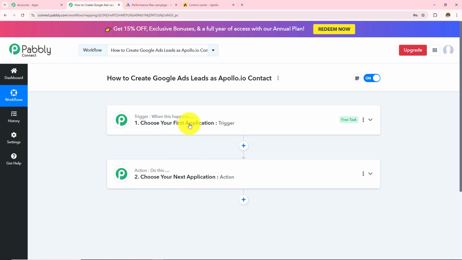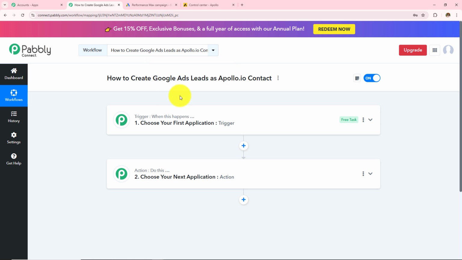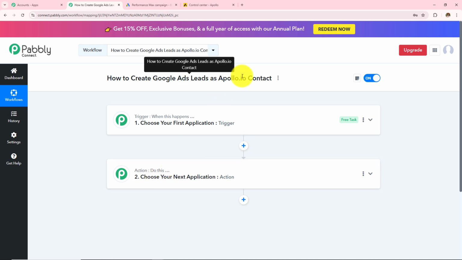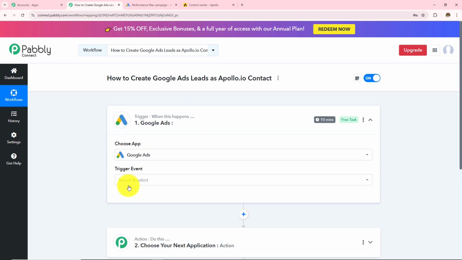Here in this workflow, I want to create Google Ads leads as contact in Apollo.io, which means whenever a new lead will be generated in my Google Ads, a contact will be created in Apollo.io, which means whenever I will receive new lead in Google Ads, this complete workflow here will get triggered, because trigger says when this happens. So whenever I receive new lead in my Google Ads and then action says do this, then create contact in my Apollo.io. So here in my trigger application, I am going to take Google Ads,